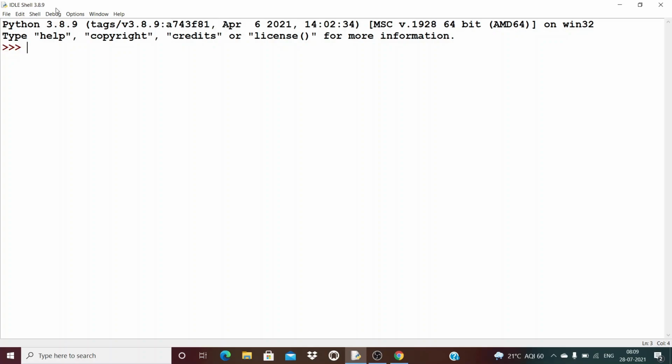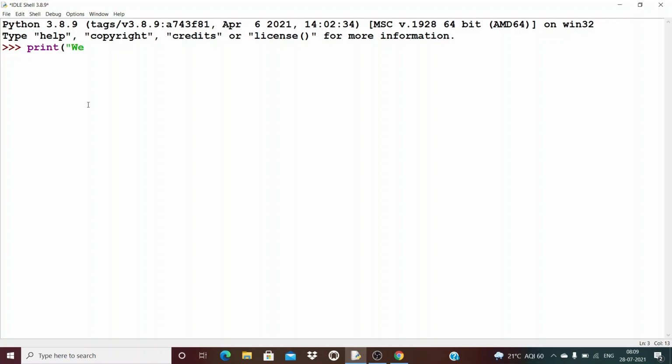So whatever version you download and install, it will display as it is. And the blinking line that is coming is called the cursor, as all of you know. And these three symbols that are coming over there are called the Python prompt. Now this window which is opened here is called interactive mode. Interactive mode means it gives you the output the way you write.